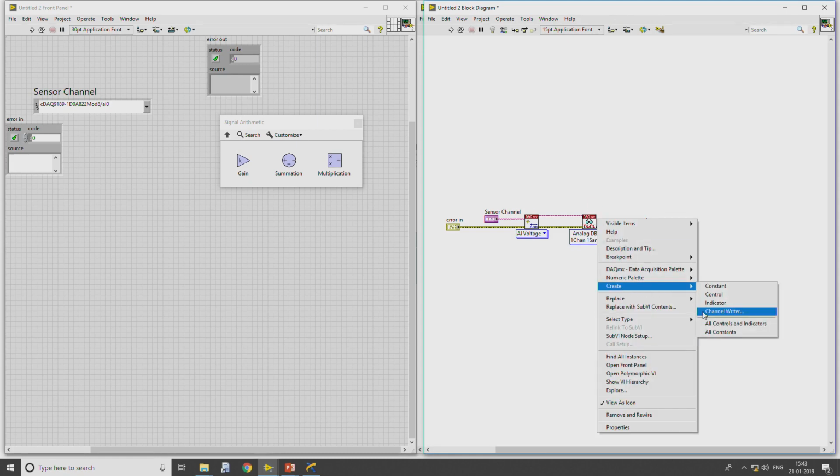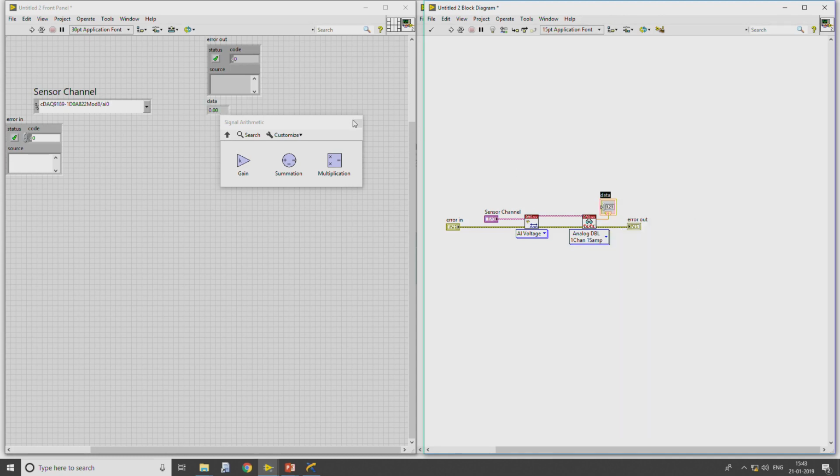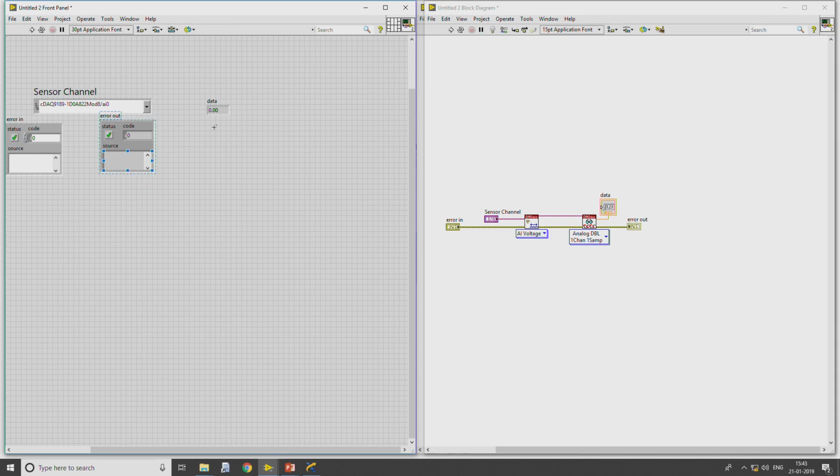So, create indicator. I will be creating a pinout for this: this is sensor channel in, this is error in, whereas this one is error out, and this particular pinout will be connected to the data. Which data is this? Sensor data, temperature sensor output.